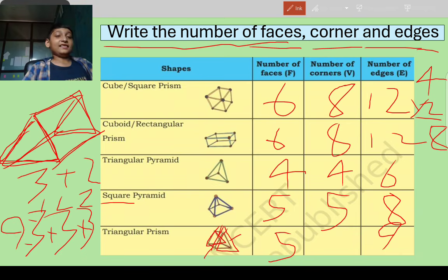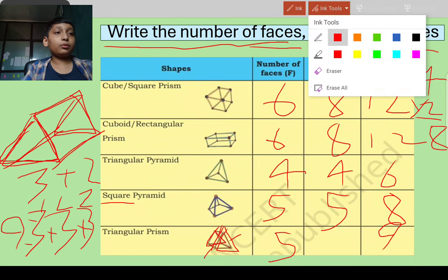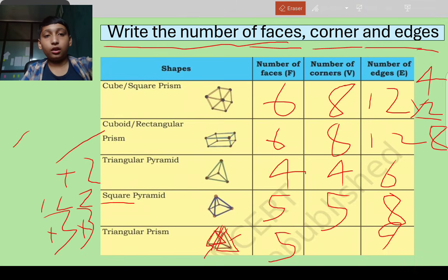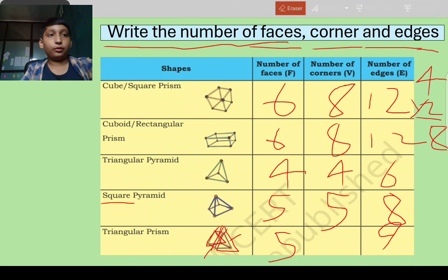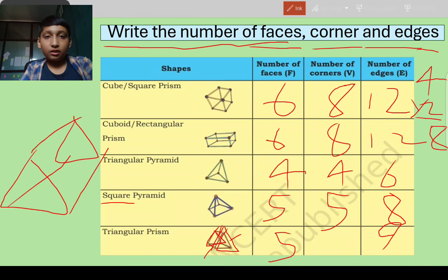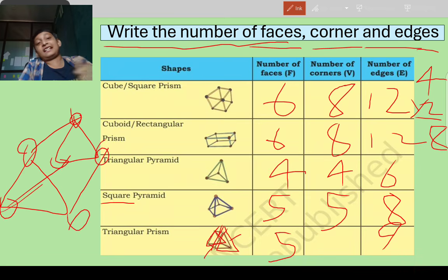But this doesn't work with prisms. If this was the exact same trick, 5, since the number of corners is 5, no. It would be 1, 2, 3, 4, 5, 6